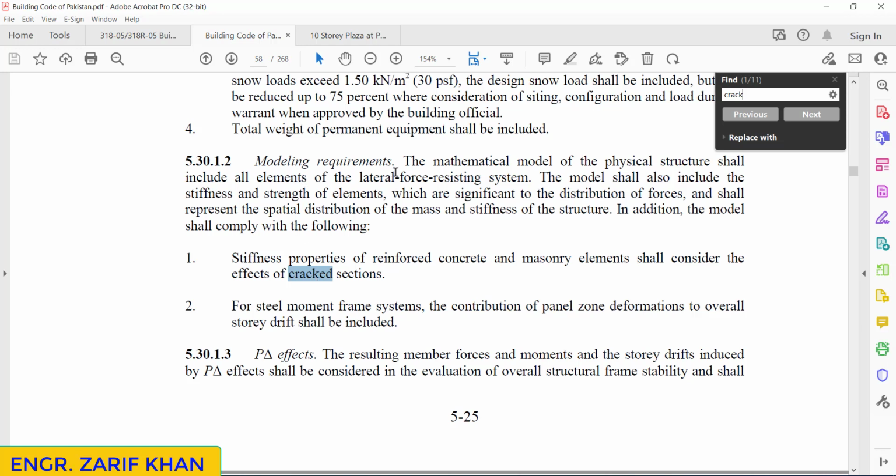in modeling requirements, the mathematical model of the physical structure shall include all elements of the lateral force resisting system. The model shall also include the stiffness and strength of elements which are significant to the distribution of forces and shall represent the spatial distribution of the mass and stiffness of the structure. In addition, the model shall comply with the following. Stiffness properties of the reinforced concrete and masonry elements shall consider the effects of cracked section. Okay, so